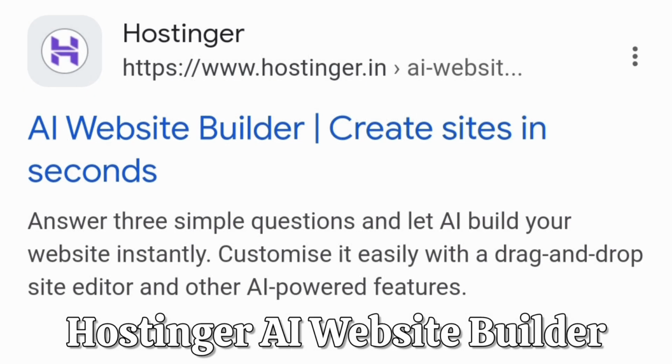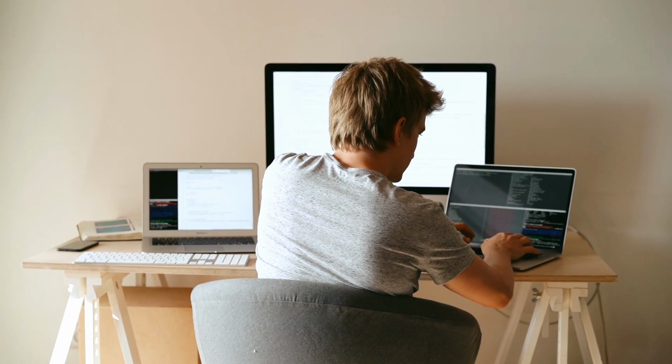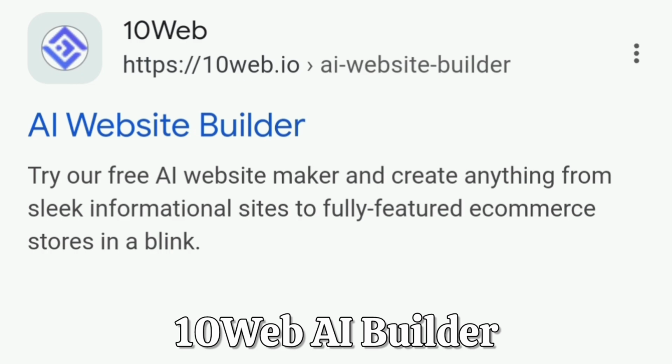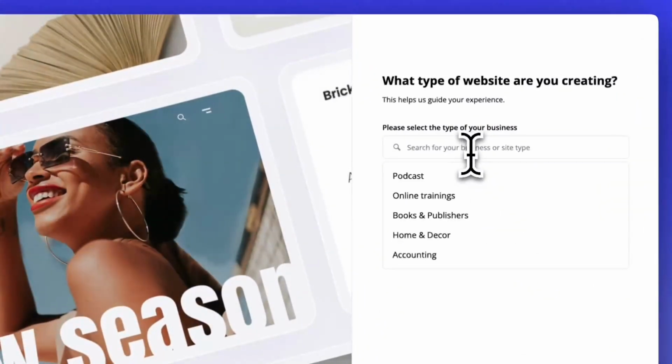Third, Hostinger AI Website Builder. Hostinger's AI Builder creates websites with optimized content and SEO ready design in minutes. Fourth, 10Web AI Builder. 10Web uses AI to convert any existing website into a WordPress site or create one from